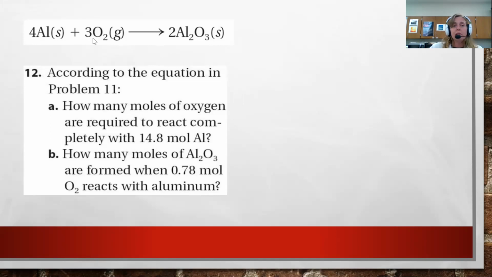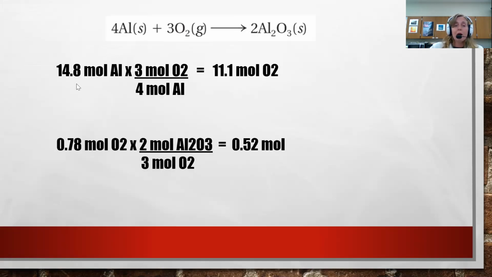Okay, let's try another example. Now we have a reaction between aluminum reacting with oxygen to form aluminum oxide. So part A says how many moles of oxygen, so that's what I'm looking for, that's going to be my X, are required to react completely with 14.8 moles of aluminum. So in that problem, you're going to take what you're given. So 14.8 moles of aluminum, and oxygen's going to be our X. So we're going to say 14.8 moles times 3 over 4, and it's going to give me 11.1 moles of